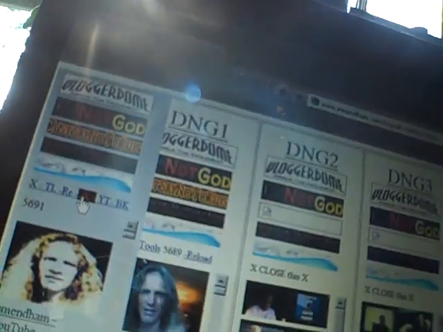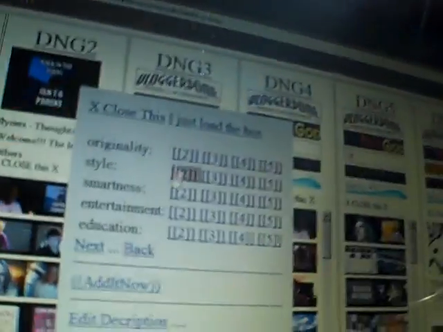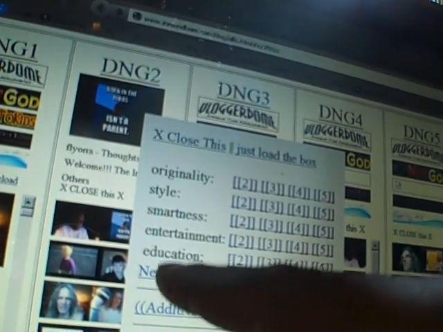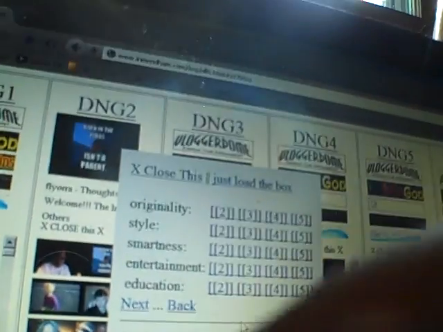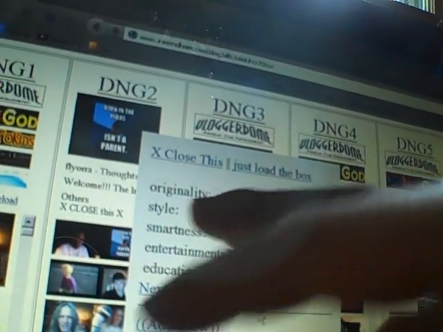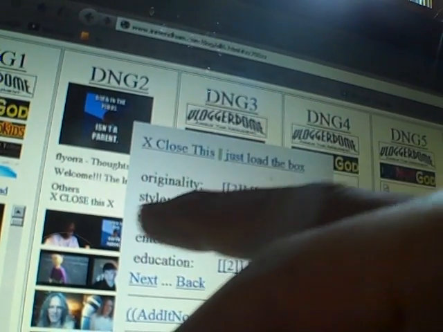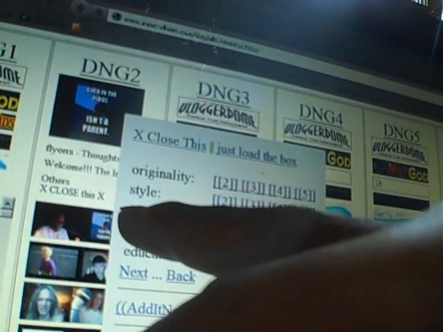The regular link thing on here, anyway, to add links, see, it pops up a different menu that has these different choices. And I have originality, style, smartness, entertainment, education. That was going to rank them based on those things. And I'm going to change that. I'm going to instead have subjects. So it'll be like free will, life is, or something. Economics, something else. And I have to come up with like 5 things that are basic categories of philosophical conversation. And then when you load a link, it'll be in one of those categories, and then people can look at stuff by category, and hopefully there'll be a debate progressing.